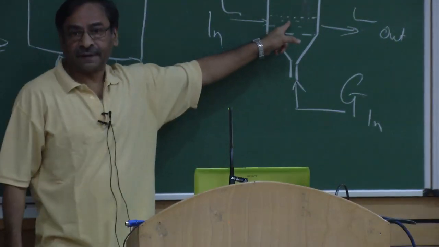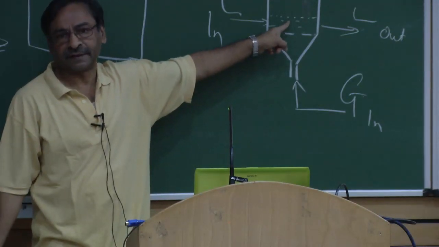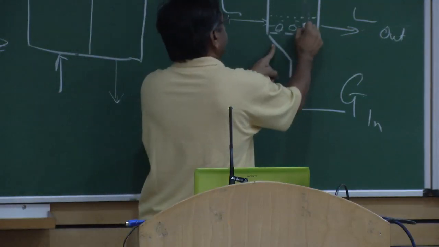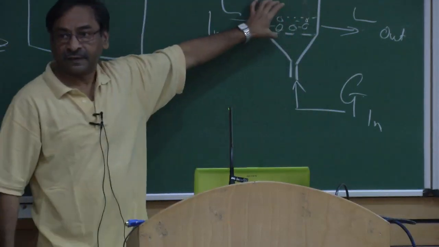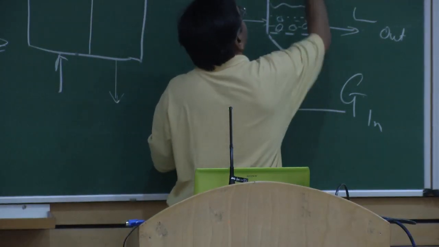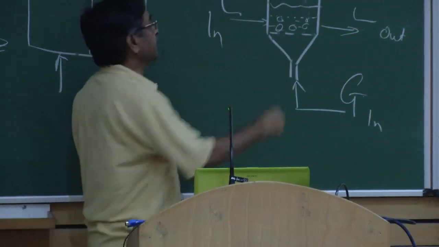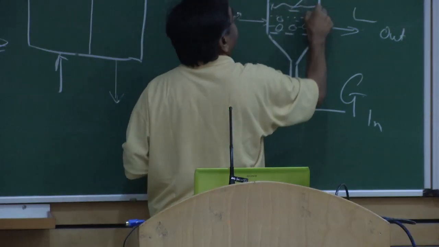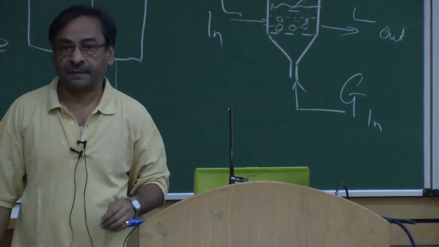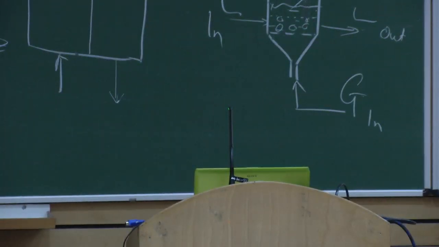If this liquid contains soap or surfactant or a detergent, active component of detergent is a surfactant, as soon as these bubbles form and rise through this short height of the surfactant solution, it will form foam, which will layer by layer rise right up to certain height, which is the top of the column, and this is all filled up with foam now. And after reaching certain height, if you have adjusted the surfactant concentration, these foam bubbles will break on their own.